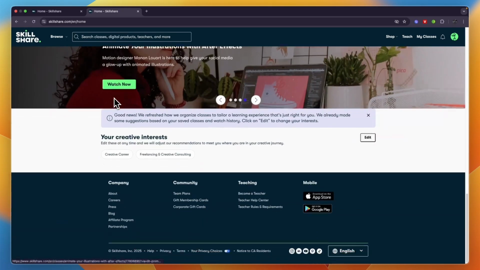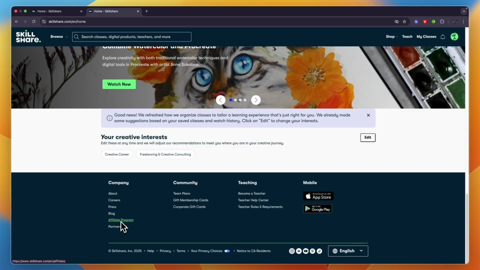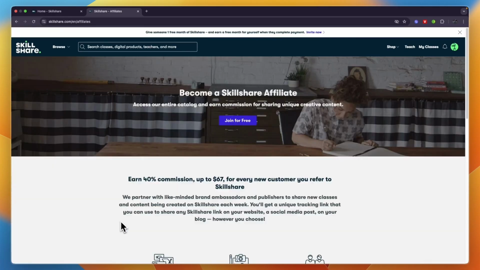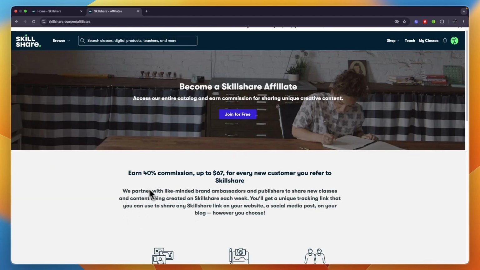Just scroll to the bottom of Skillshare.com, and under company, you can see affiliate program. Simply go and click affiliate program, and that will redirect you to their affiliate page. And as you can see, you can earn 40% commission, which is up to $67 for every new customer you